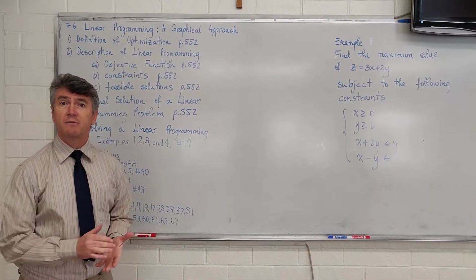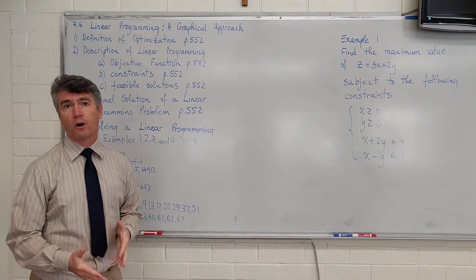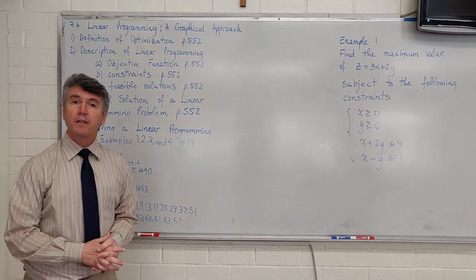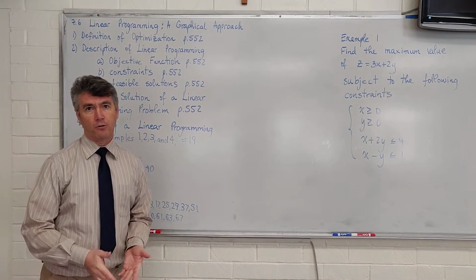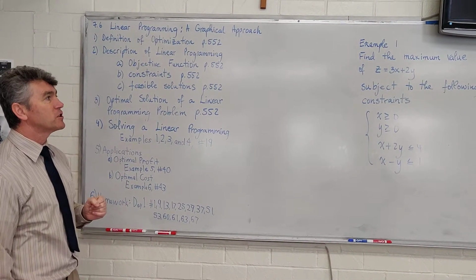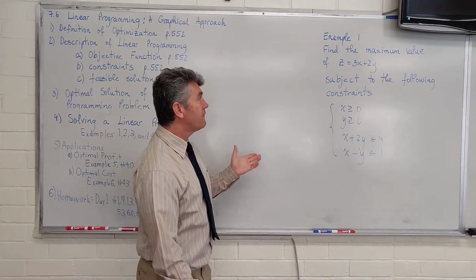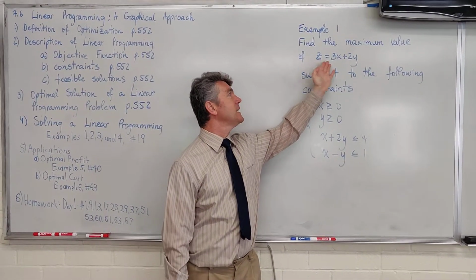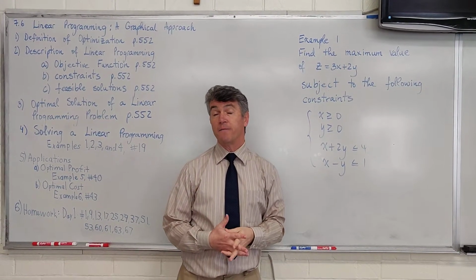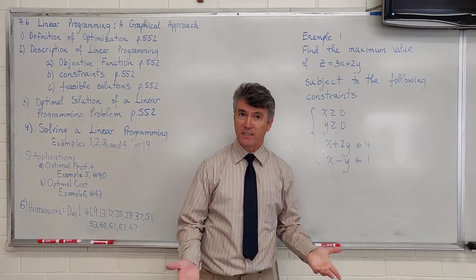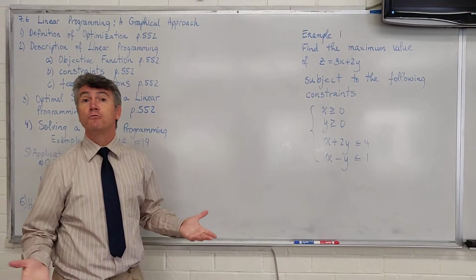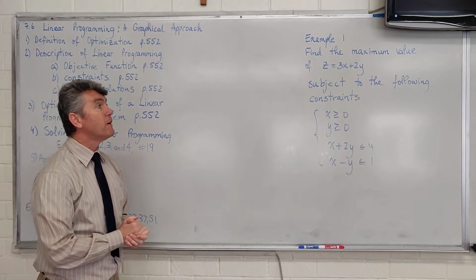So usually if you're a businessman, you are concerned about two things, which are maximizing your profits and minimizing your costs. And you can do that using linear programming. So in linear programming, what do we have? We have an objective function. Your objective function looks like z is equal to ax plus by. That objective might be minimizing your cost, maximizing your profits, or maximizing the way in which you use the machines that you have available